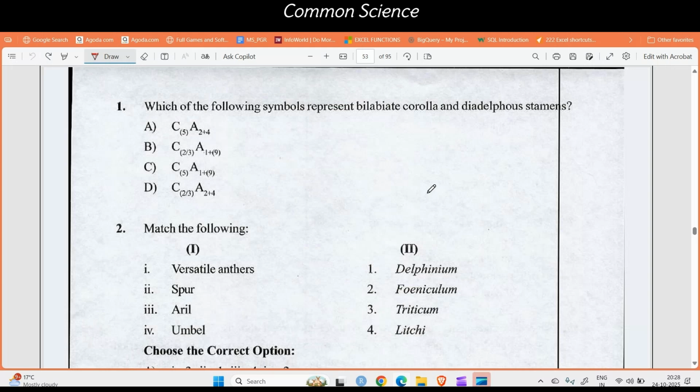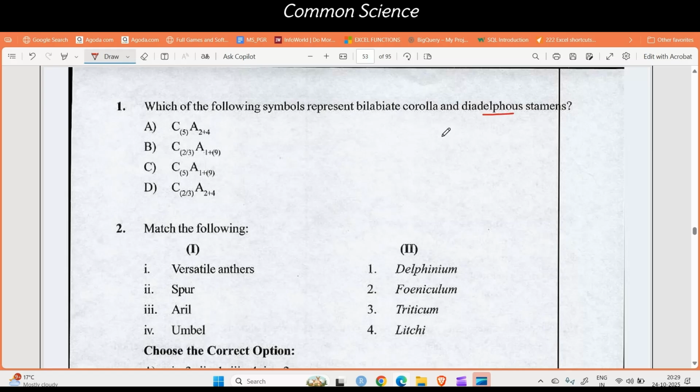Today in this video, we'll be talking about a question paper of the recently held JKPSC 10 plus 2 lecture exam in the subject of botany. We will try to explain all the questions in detail. We will also try to explain their options as well. Without further ado, let's start with the first question, which is: which of the following symbols represents bilabiate corolla and